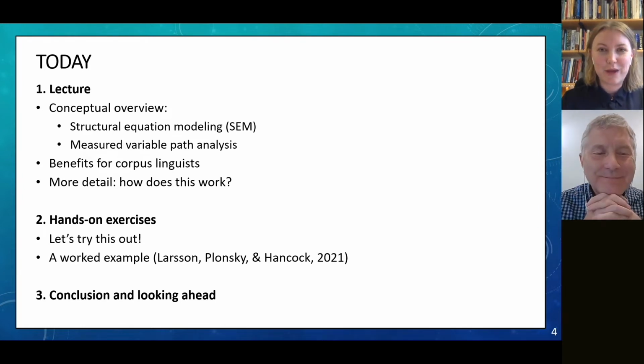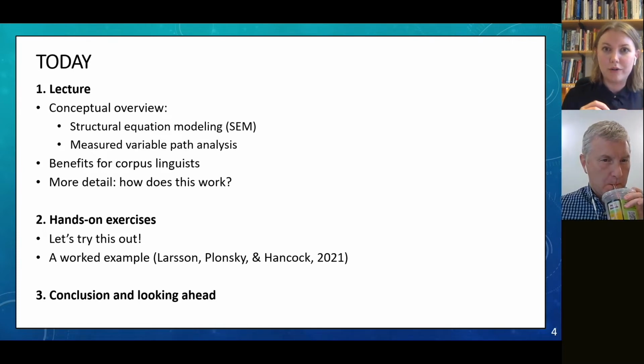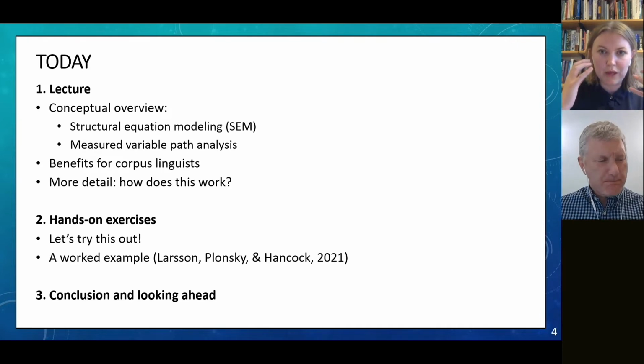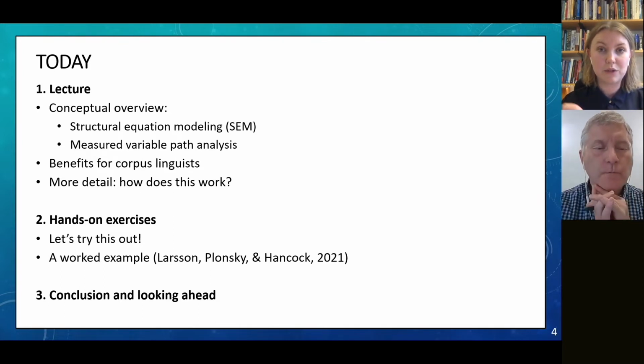Let's do this together, and we have some exercises. And yes, a little bit of R, but mostly non-R stuff, just more conceptual things so that we can then set you up to be able to do this in R. We'll be basing this on the article and the data that we have sent out to you through the organizers. Thank you very much again. And then the concluding remarks.